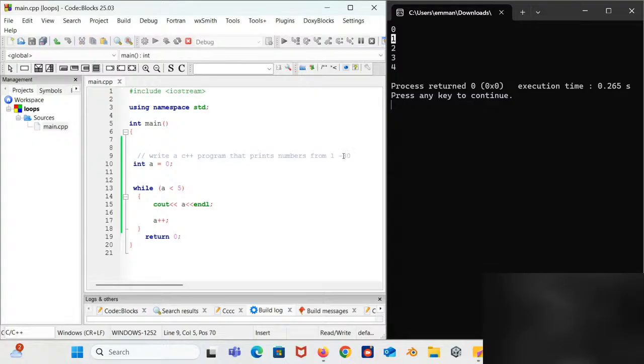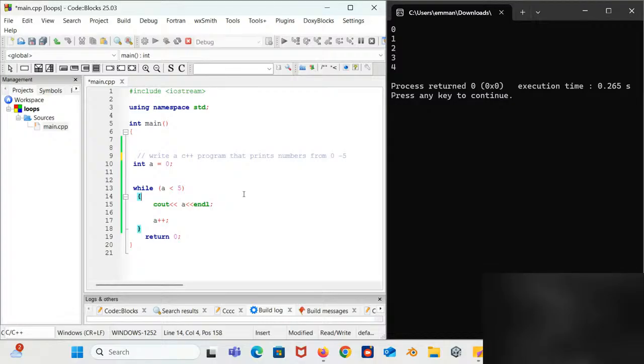So all you're doing here is that we expected that at the end of, or let me do 0 to 5 here. Let me do 0 to 5. So we're expecting that at the end of our program, you are going to see 0, 1, 2, 3, 4. So in order to do that, there are two ways, and the manual way is going to be stressful. We're going to have to do cout 1, cout 2, cout 3, cout 4, cout 5.